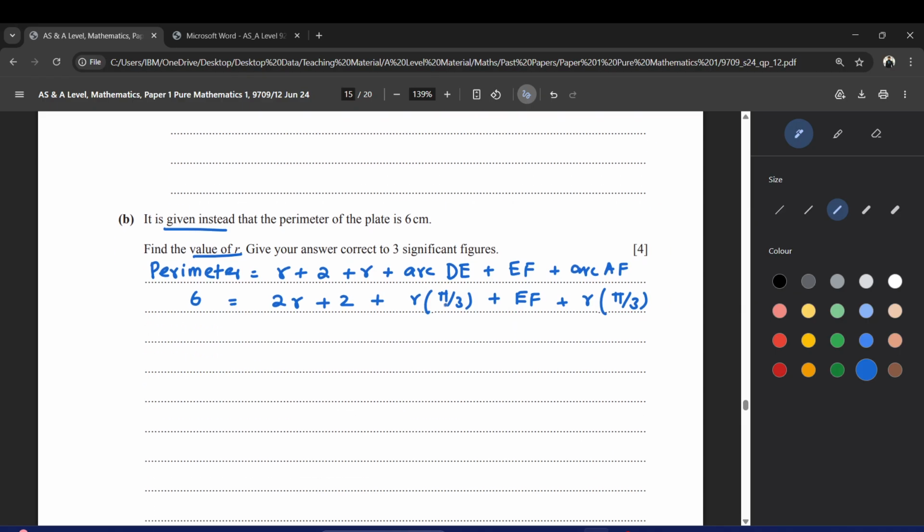Okay, so let's try to simplify what we have found. So I can subtract this 2 to the other side. So we have 6 minus 2. And on this side, we have 2r plus 2 over 3 pi. I can add both of these. So pi over 3r plus again pi over 3r. So we have 2 pi over 3r. And then we have plus EF. Okay. So this becomes 4. And over here,